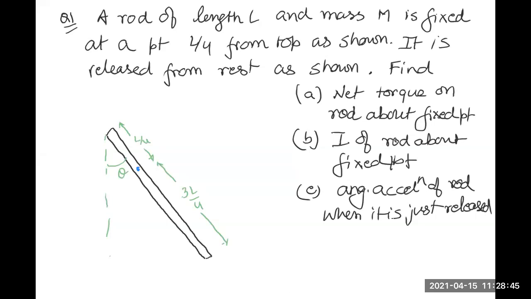पैरेलल एक्सिस थ्योरी भी तो लगाना है ना? और 7 ml square by 48, ml square by 12 plus ml square by 16. सेवन आना चाहिए, 19 पता नहीं कैसे आ रहा है तेरा। दोनों को इक्वेट कर दो। इक्वेट मतलब इक्वेशन में डाल दो, टॉर्क इज इक्वल टू आई